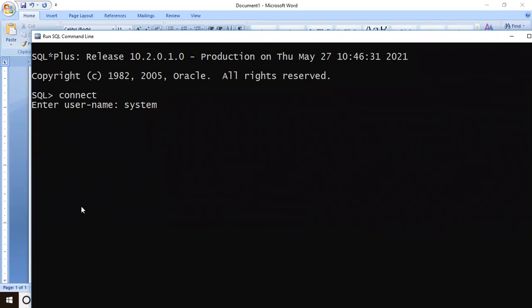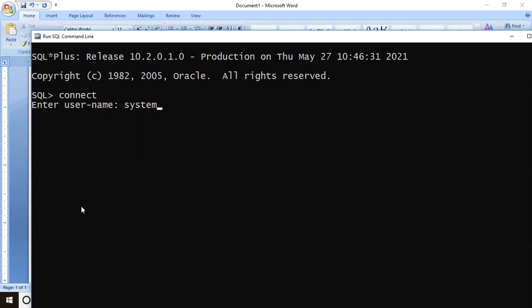Right now at home, you will be using this system. And one more thing, Oracle 10G is installable; that setup is available. You can download it from the net easily. And those who do not have laptops or PCs at home, there are web pages called online SQL editors, and there you can execute your commands.